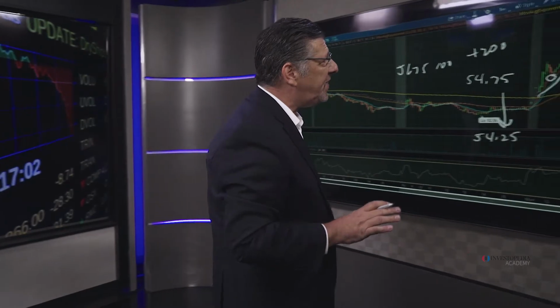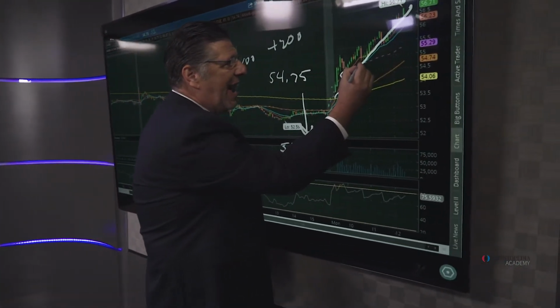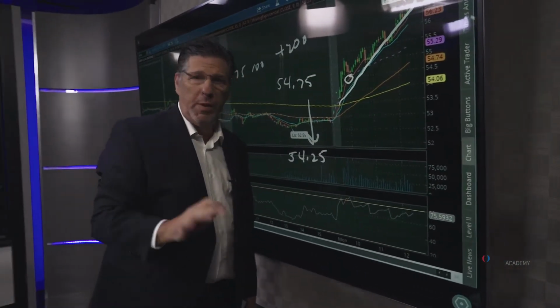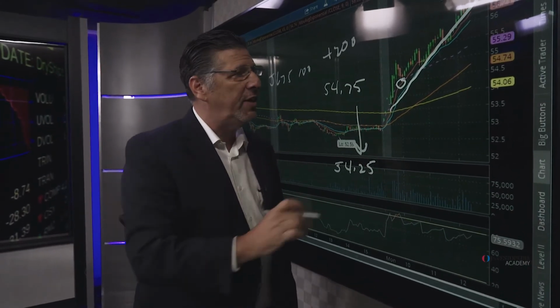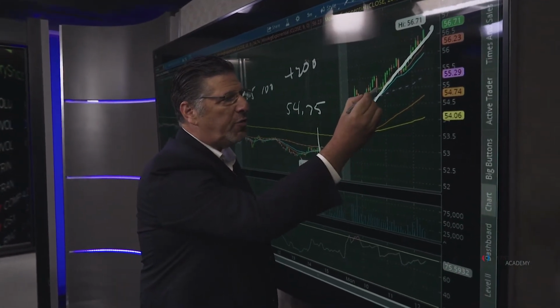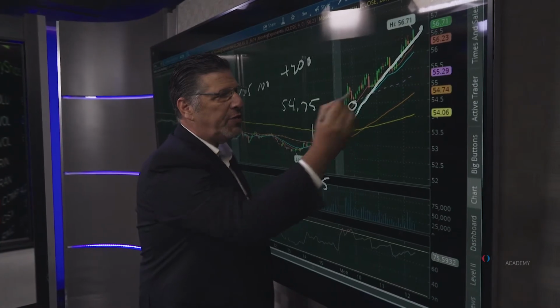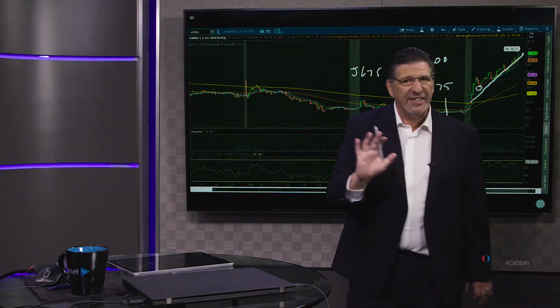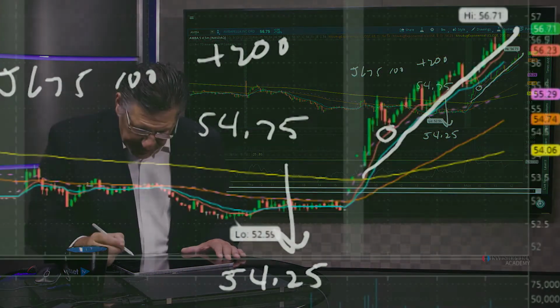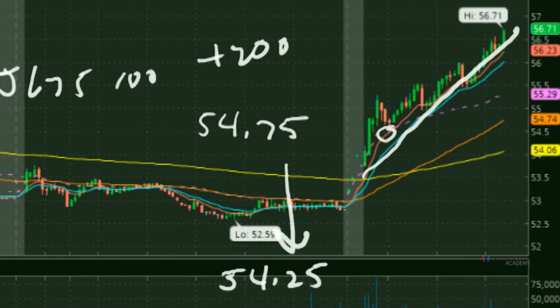The second way we enter into a trend trade is if the stock hits both our 9 and 15 EMA. And remember, we just talked about this when we talked about a trend trade. We're going to enter with 1/3 of our position on the 9 and 2/3 of our position on the 15. Let's get the exact prices for that. So in this case, the stock hit the 9 at